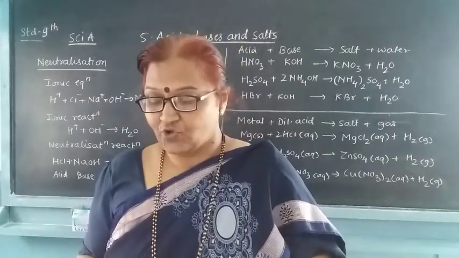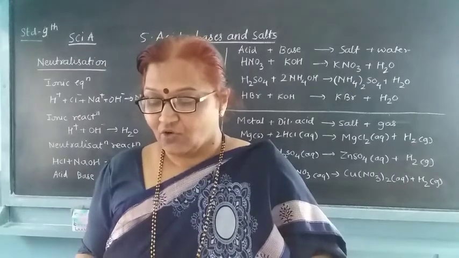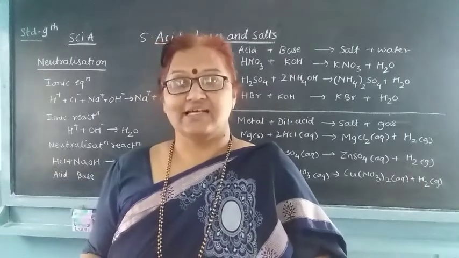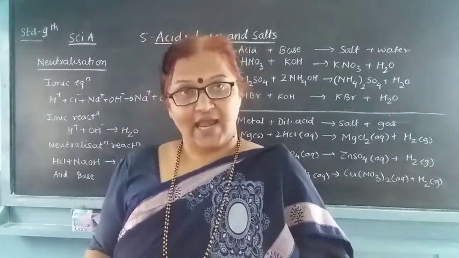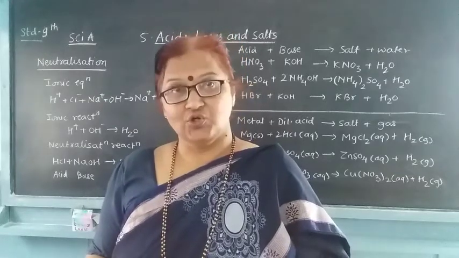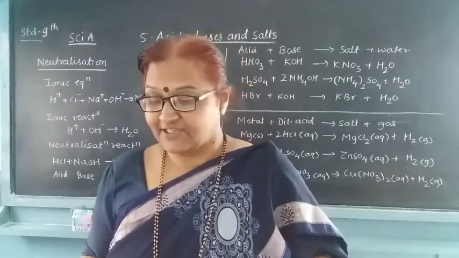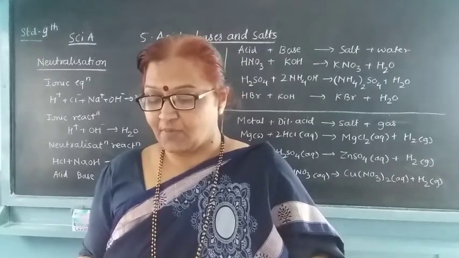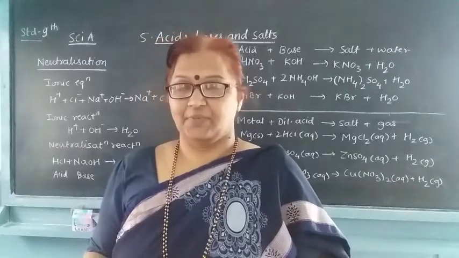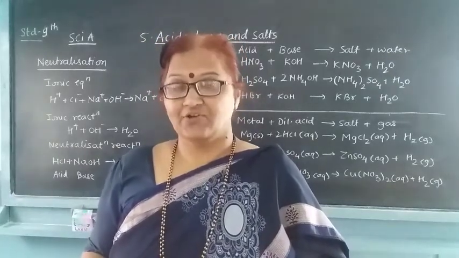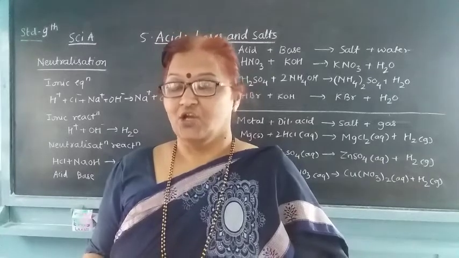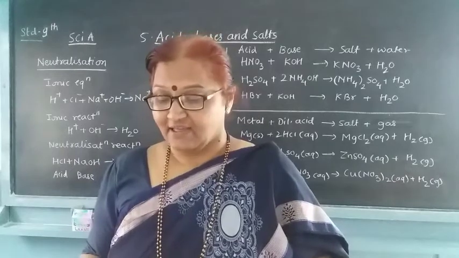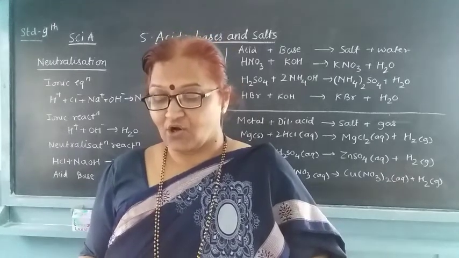Add to it a few drops of a dilute NaOH solution by means of a dropper and stir the solution with the glass rod. You have to add NaOH to the solution and stir it with the rod. Measure the pH of the resulting solution by putting a drop of its solution on the pH paper. Now we have to put the solution drop by drop onto the pH paper. In this manner, go on adding NaOH drop by drop and record the pH.